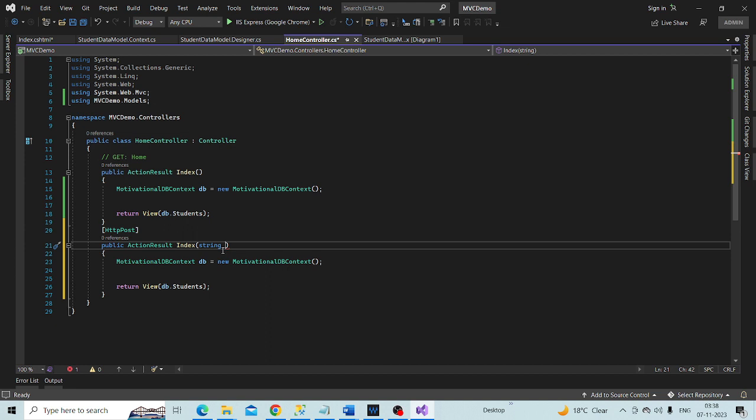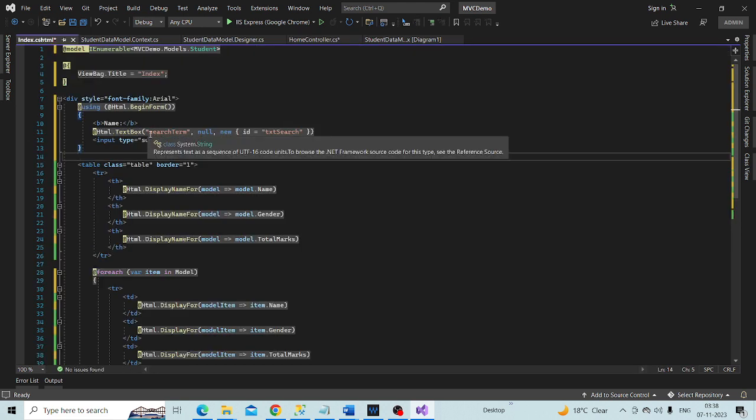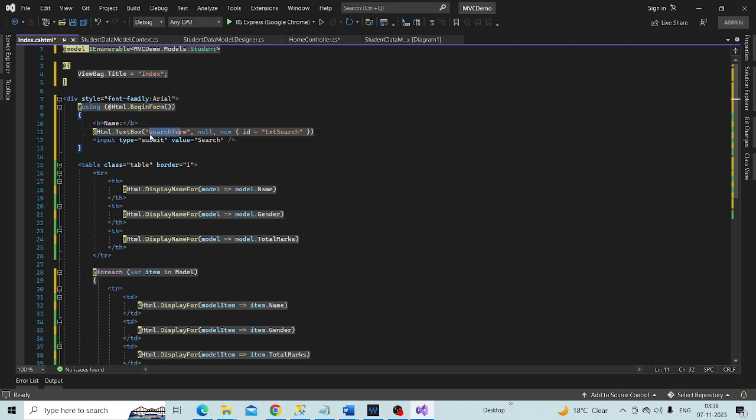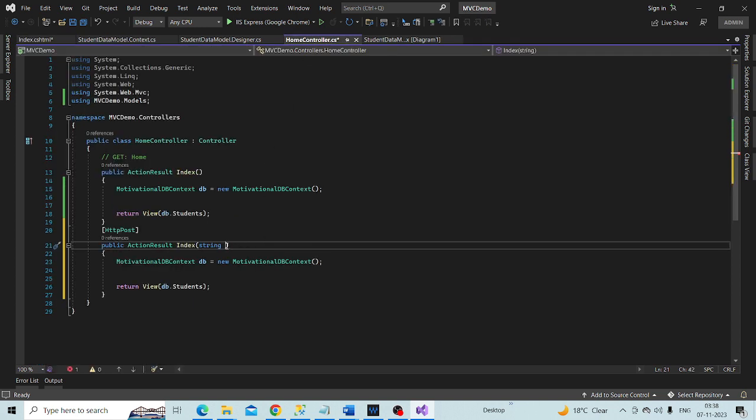So let's use the same name as the search term text box name. Copy this from here, go to the home controller and type it. Okay, so if string dot is null or empty,